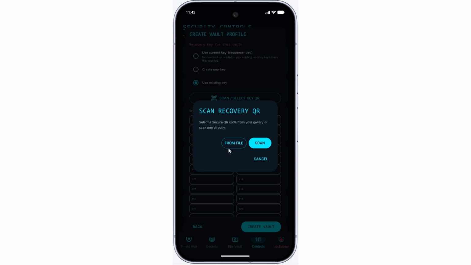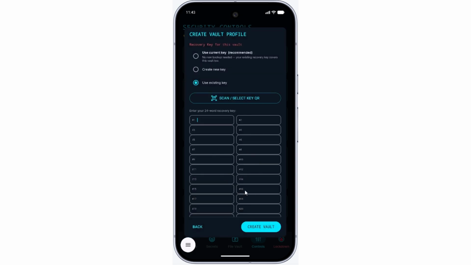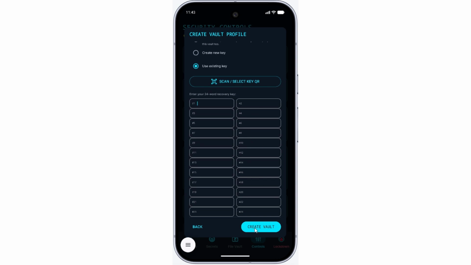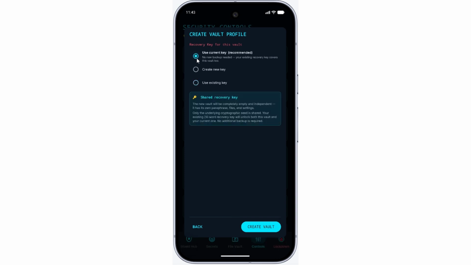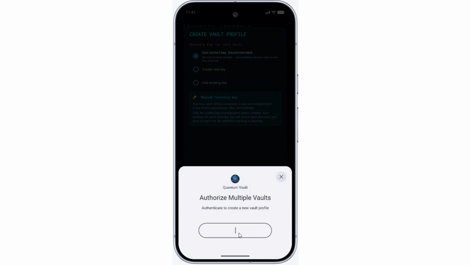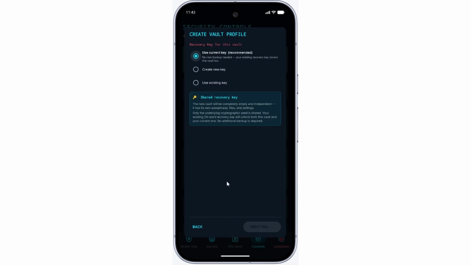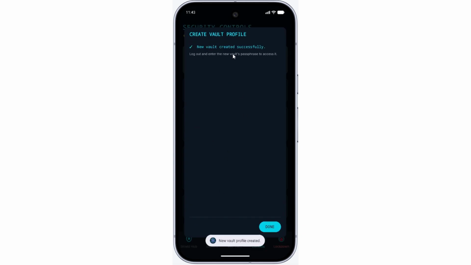If it is a file with you, you can just click on from file, which is a photo, and you can scan from there, and it will automatically fill all this information into these fields. You can just click on create vault. In our case, we are just going to use the current key, which we set up when we set up the app. Okay, let's click on create vault. It again asks, are you the same person? Yes. Let it create. Okay, it has created a key